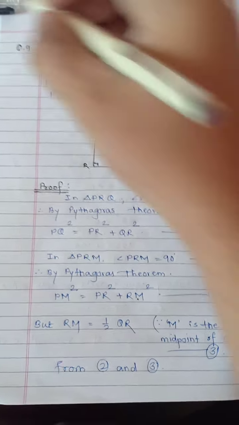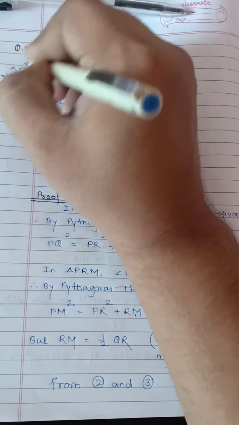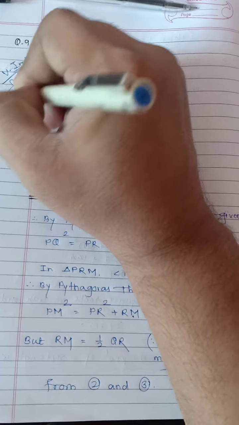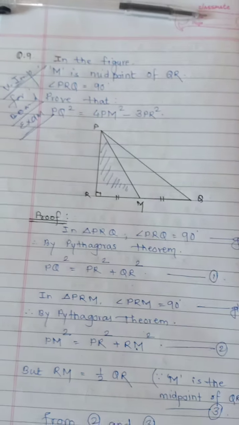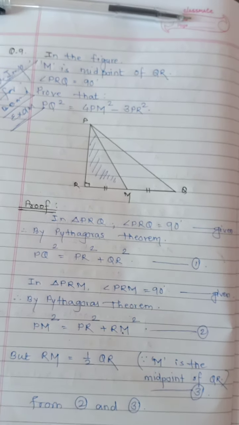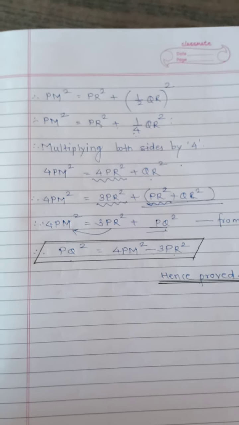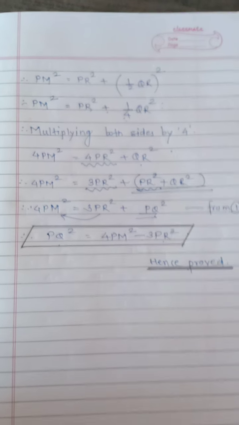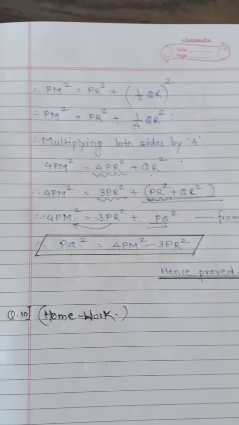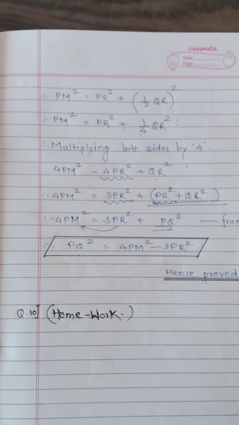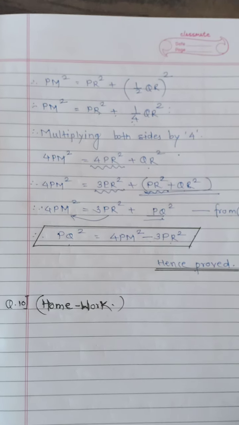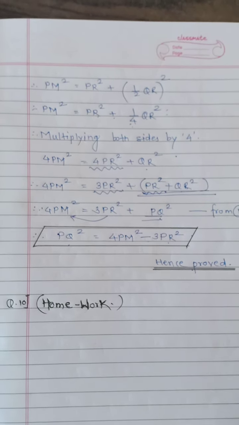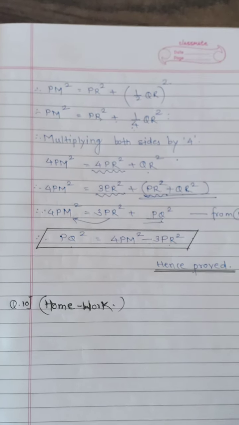and this is one of the very important questions for board exam. Okay, you practice it very well. It's not difficult. If you go through step by step, you realize that this is one of the easiest questions in this chapter. Now after this, that is question number 10, last question of this exercise, complete this exercise as a homework. In this last question you have to apply Pythagoras theorem 2 times. You will get the final answer.